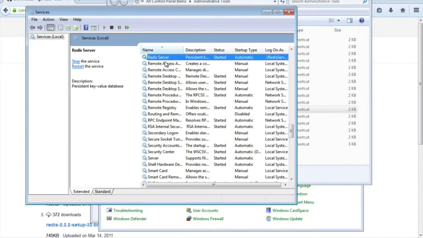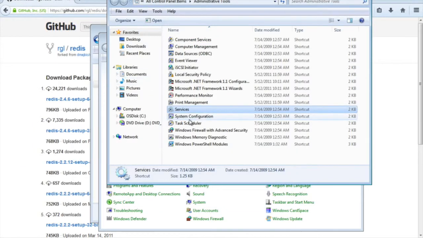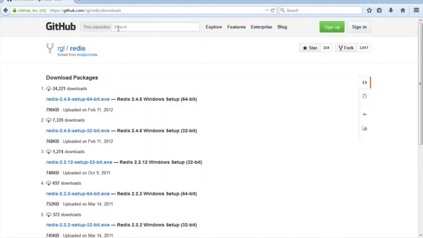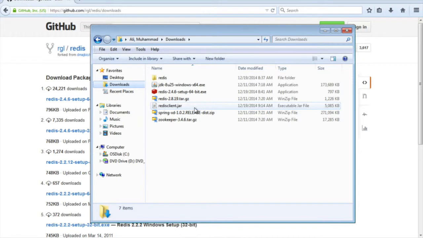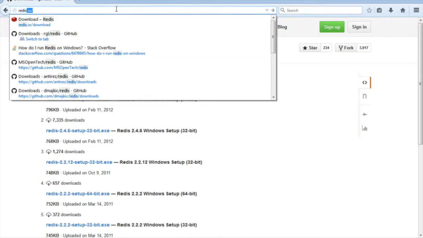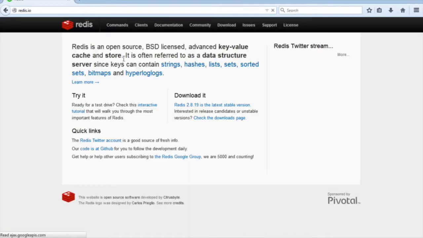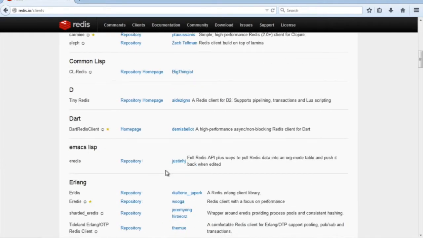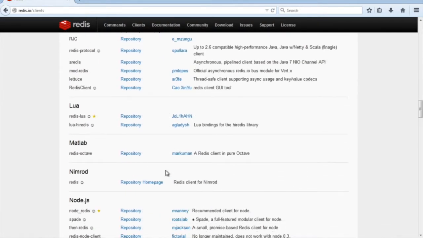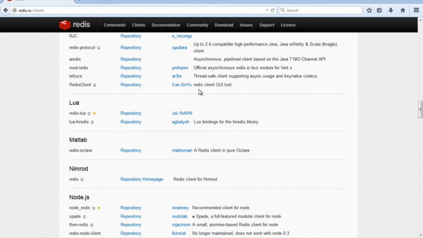You could see it's running as a service. So there's another tiny little Redis client that I have installed, and it's available on the internet. If you go to redis.io and see the client link, go all the way down to Java. If you say Redis client, this one, so if you go here,